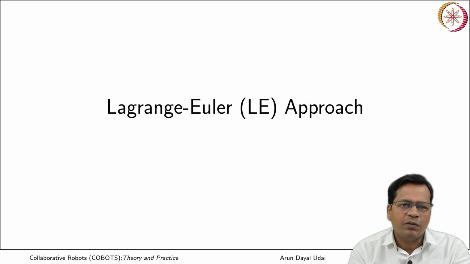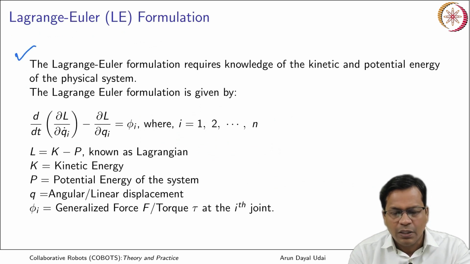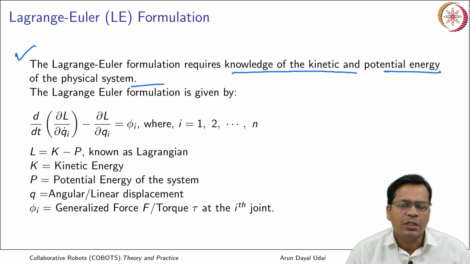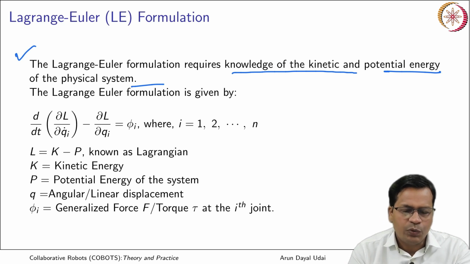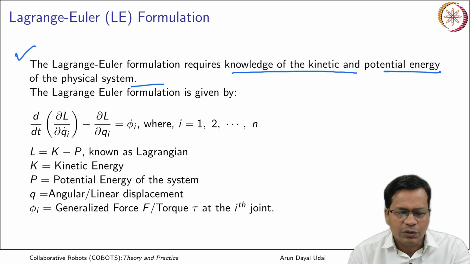Okay, so let us begin with the Lagrange-Euler approach here. The Lagrange-Euler formulation is defined as this. It requires knowledge of the kinetic and potential energy of the physical system. You need to know the masses of the links, the moment of inertia of the links, and the mass center of the links. All these parameters should be well in hand before you begin calculating the joint torques or forces using